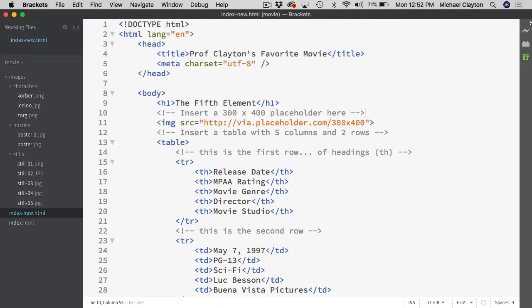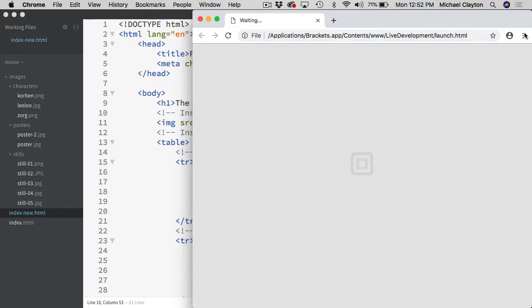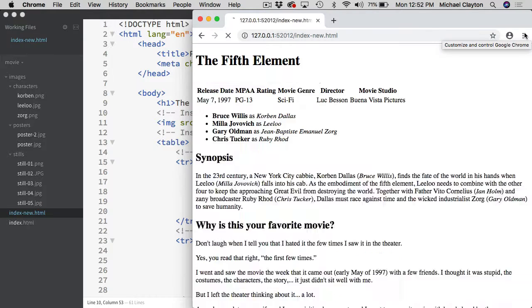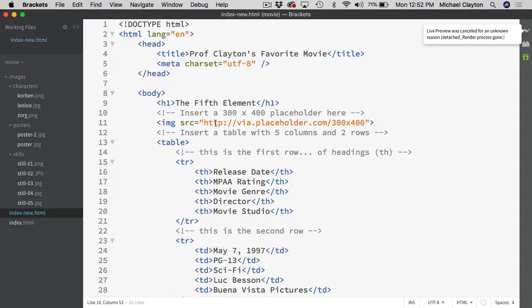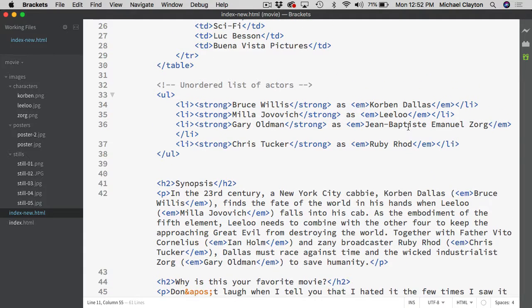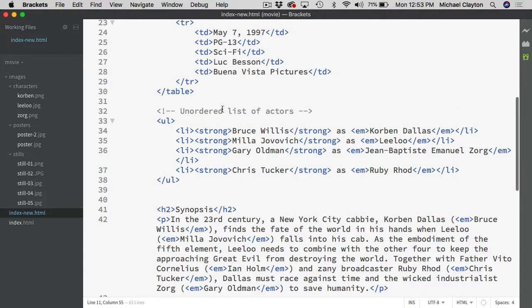Save it, pop over here, and let's test it. And there we go. I've got my image in there. It's not pretty, but it's there. So I'm going to just keep this in my clipboard for right now,